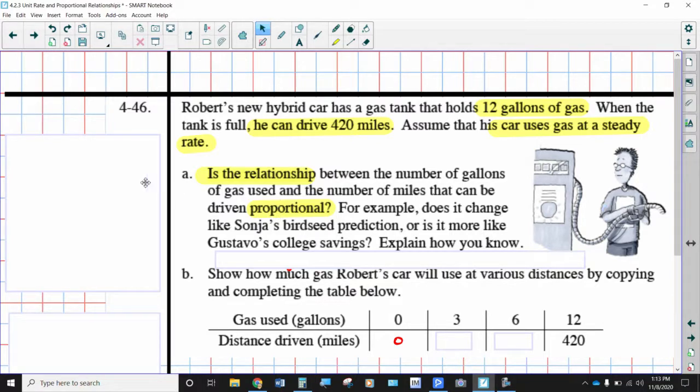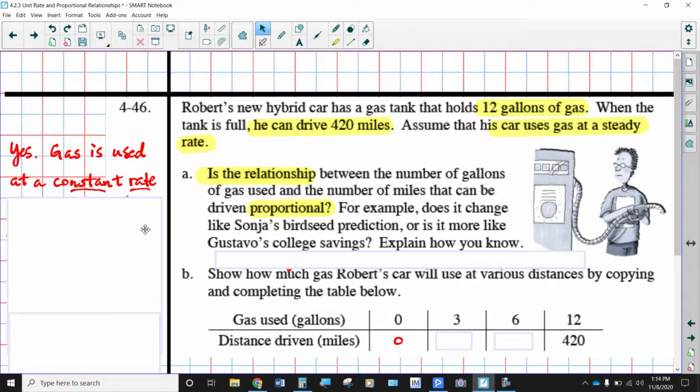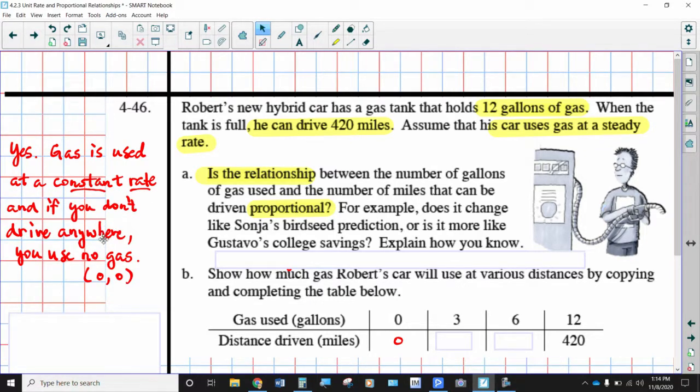Well, a couple things. First off, if we're using a steady rate or a constant rate, that's the first thing. There's like this constant multiplier. What is the number of miles per gallon that it would drive, right? And so there's your constant or steady rate. And does (0, 0) apply in this situation? And in fact, it does. If you don't drive anywhere, you're not going to use any gas. So (0, 0) applies, and there's a constant growth rate. So that means, yes, this is a proportional situation, and we can solve it